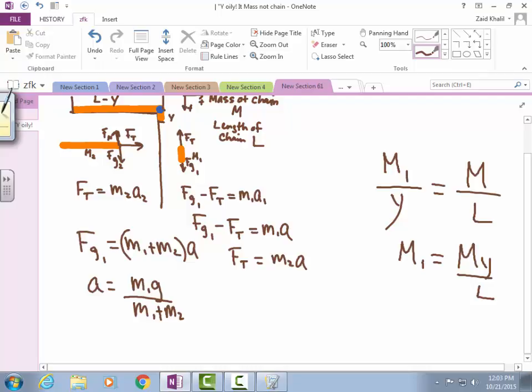And what does M2 equal to? Let's see if you guys can just jump straight ahead. What is M2? Come on now, do the same thing. M2 over L minus Y equals M over L. So therefore M2 is